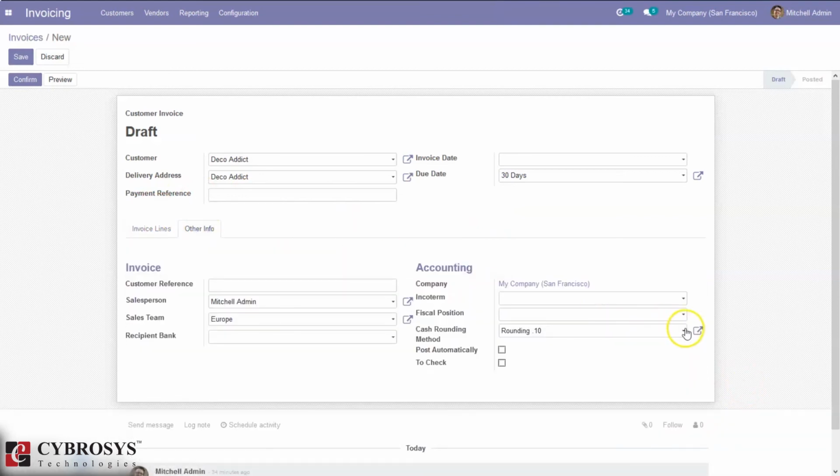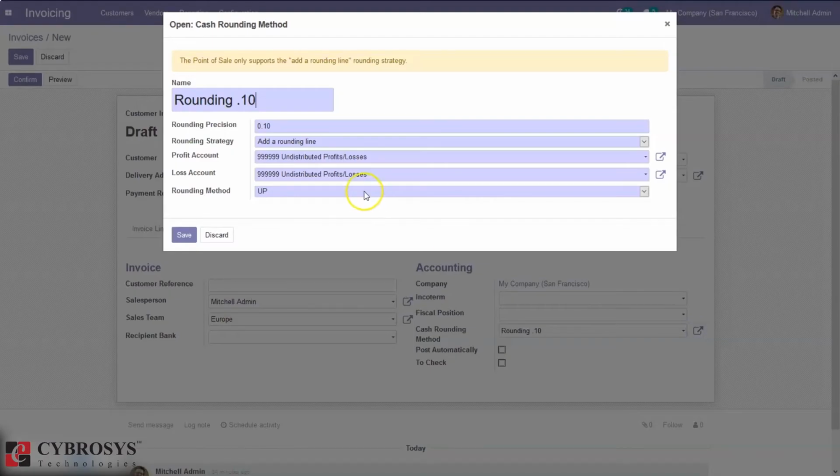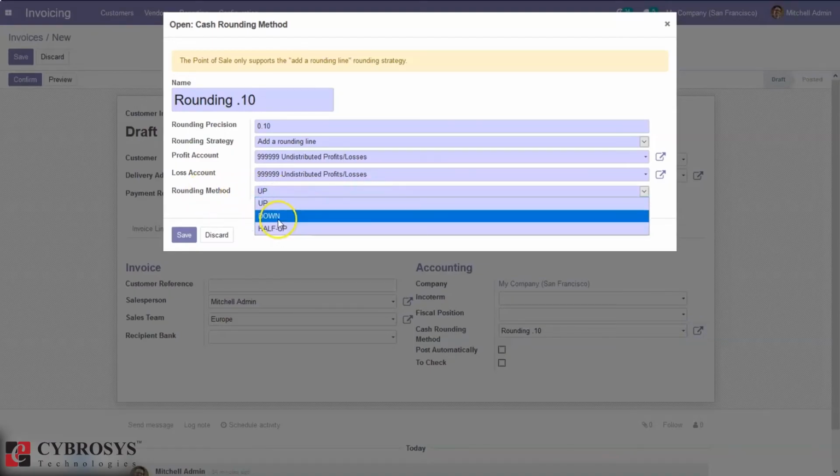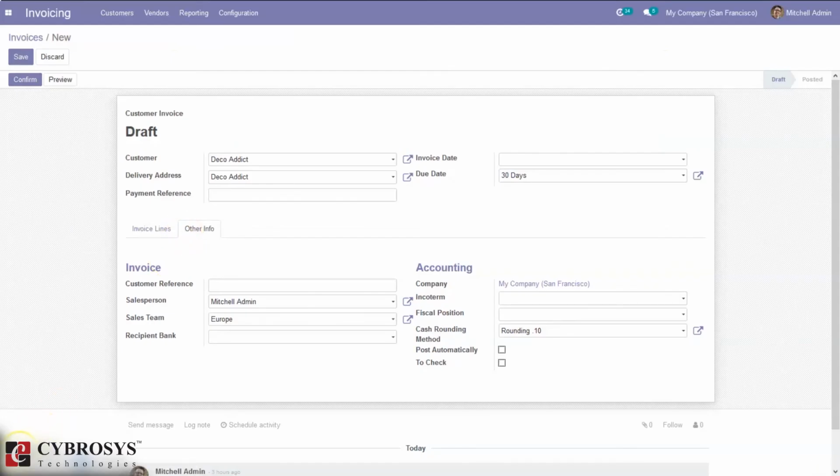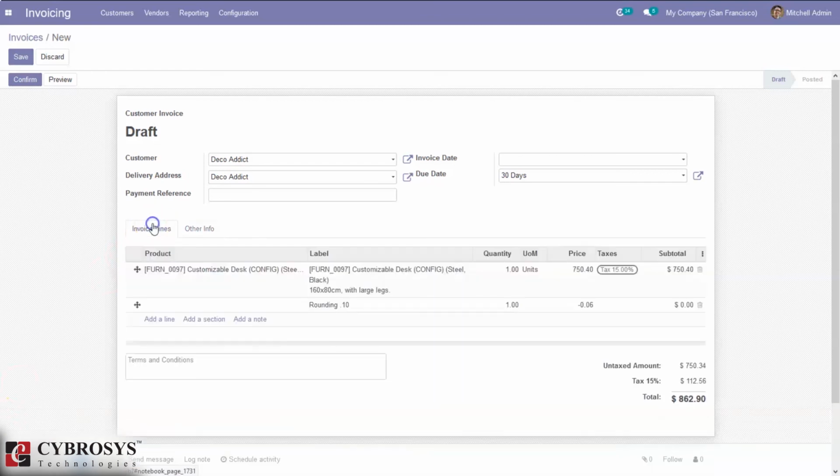And again if I change the cash rounding method to down and save it, after changing the rounding method to down, you can see the line is added with a negative amount, because rounding is automatically done towards minus infinity.